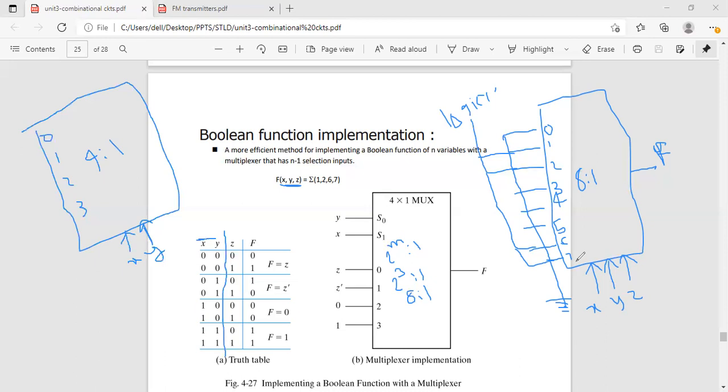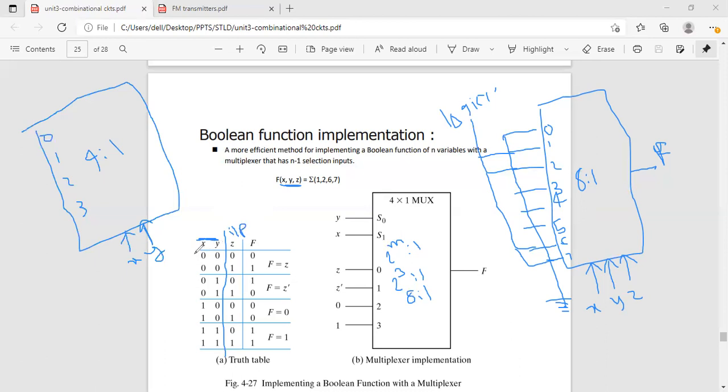ఓకే, సో మనకి ఇలా తీసుకుంటే మనకి ట్రూత్ టేబుల్ నుంచి డైరెక్ట్ గా రాయొచ్చు, ఆర్ఎల్స్ మనం మోడిఫై చేయాలి, వేరియబుల్స్ వేరేవి కన్సిడర్ చేసుకుంటే. సో అలా కూడా ఇంప్లిమెంట్ చేయొచ్చు. అది కూడా నెక్స్ట్ ప్రాబ్లమ్ లో డిస్కస్ చేద్దాం. ఓకే, సో ఇప్పుడు చూడండి, ఇక్కడ XY అనేవి ఏంటి? సెలెక్ట్ లైన్స్ గా తీసుకున్నాము. Z అనేది ఇన్పుట్ గా కన్సిడర్ చేసుకున్నాం.